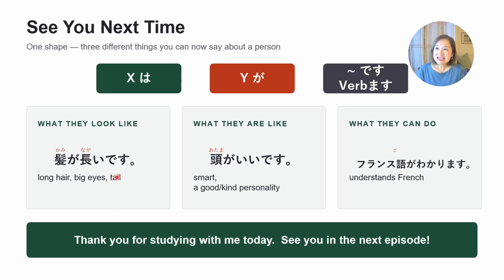So that's today's lesson. Look at what you can do now with just one sentence pattern. 髪が長いです。You can describe someone's physical features. 頭がいいです。You can describe what someone is like. And フランス語がわかります。You can talk about someone's abilities or skills. The pattern is simple. X は Y が something です or わかります。